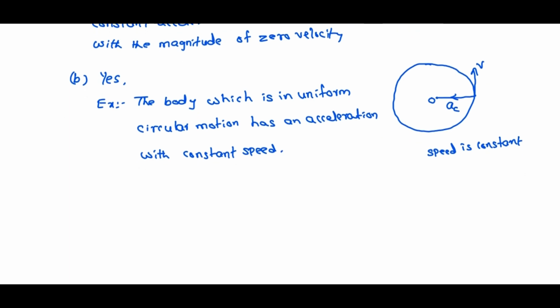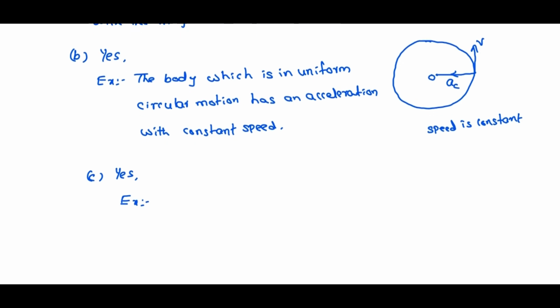We can take the same example, uniform circular motion. The answer is yes. For example, if a body is moving in uniform circular motion, it has an acceleration called centripetal acceleration towards the center of the circle,